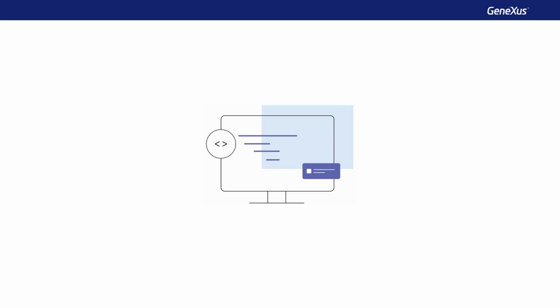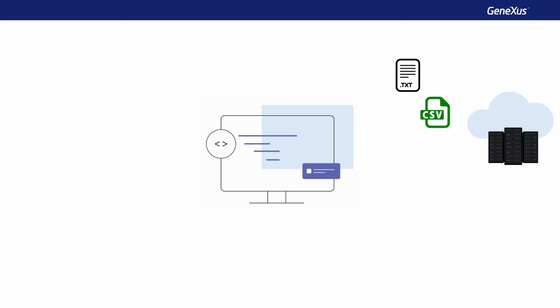In addition, as with most common programming languages, with Genexus, we can also access individual data files stored in an inbox or in remote resources, on-premise or in the cloud, as text files, TXT, with comma-separated data, CSV, or in structured formats, such as JSON or XML files, or even data stored in Excel spreadsheets.